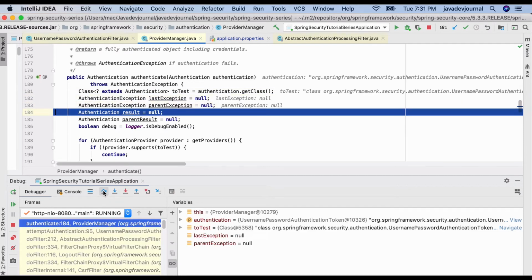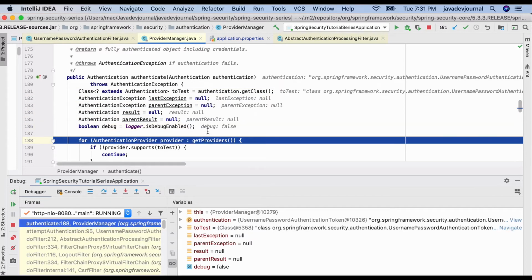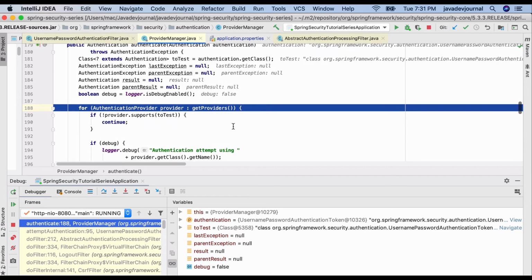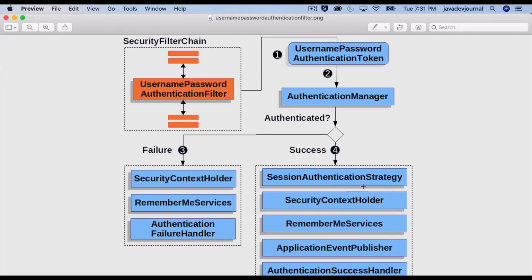So let's go to the next point. All right. Now, if I go back to this one, my authentication manager will have a list of the different providers. It's not one provider, there can be multiple providers. Now the authentication manager is responsible for seeing which authentication provider should be used to authenticate the incoming request, right?